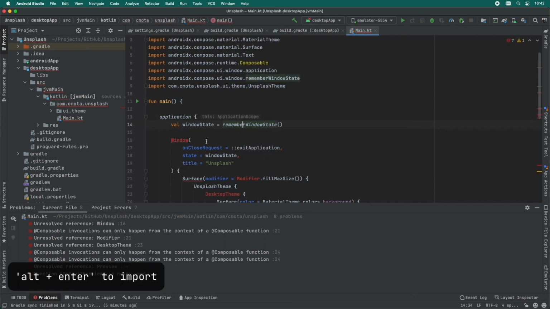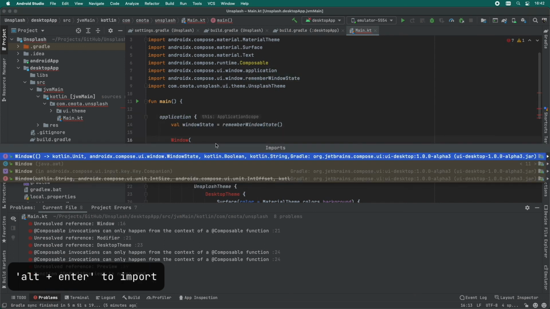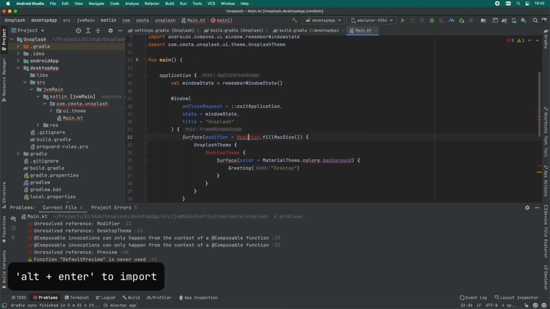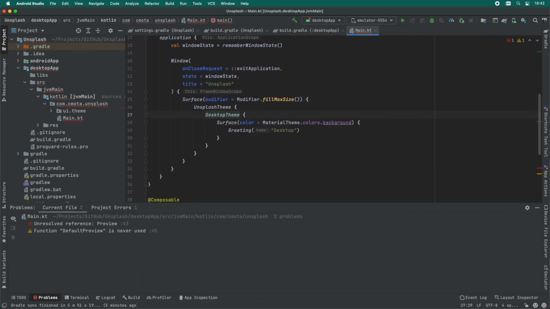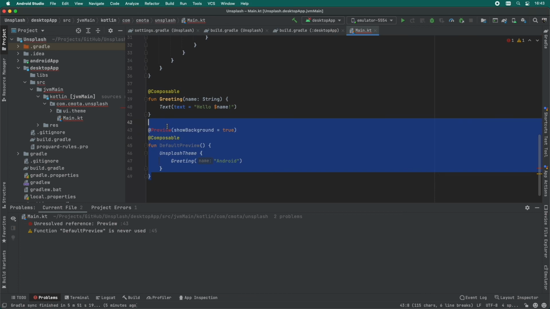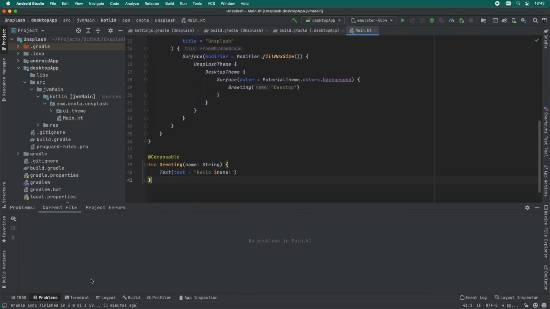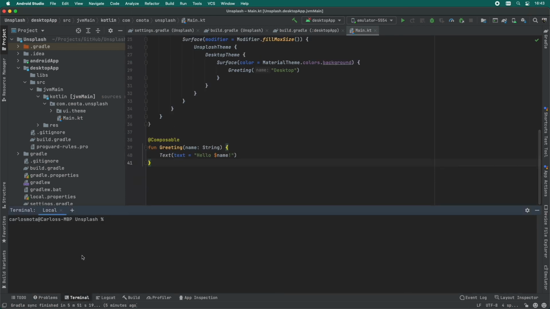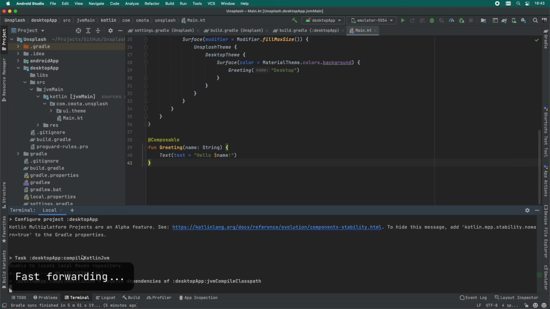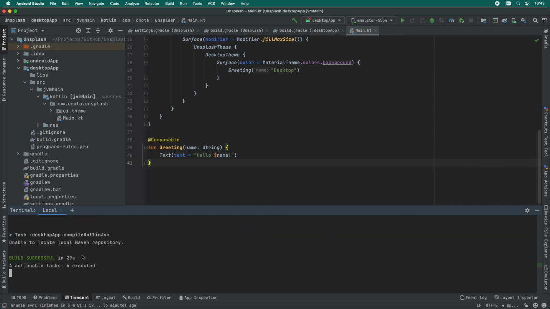I want to show you all of these steps because most of the time removing the build folders fixes everything. But since we were renaming classes, it was necessary to just invalidate all the caches that Android Studio had for this project, and hopefully on the next synchronization it was able to detect that this is a desktop application and it shouldn't use an Android library. Otherwise, importing these functions by hand would be crazy and take you a lot of time. So we don't need this preview, so we're just going to remove it, and let's see if third time's the charm, and let's compile the project.